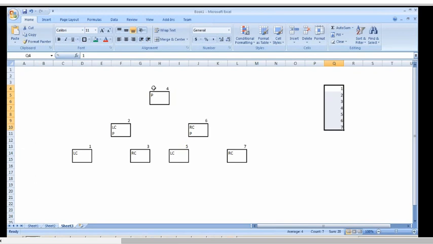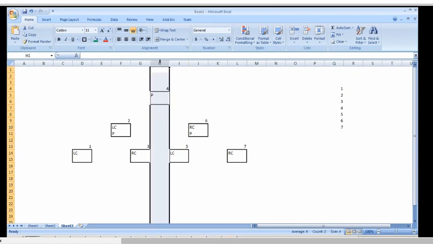But if it is a binary tree, then what? First you will check here. 4 doesn't satisfy. Is your 7 greater than 4 or less than 4? Greater than 4, so obviously you go to the right side. Means with one comparison, you are nearing half of the probability to the number. Once you say 7 is greater than 4, you're getting into the right part, so the complete left part is ignored.